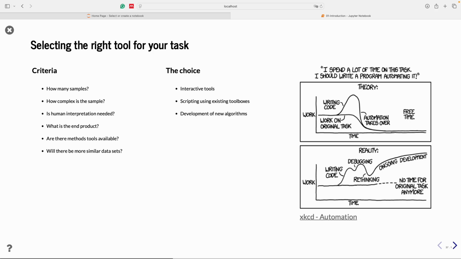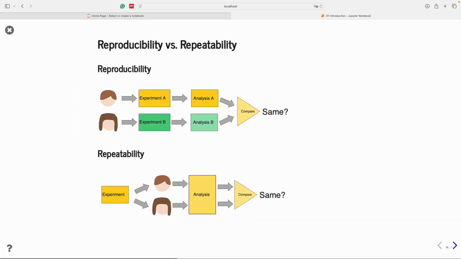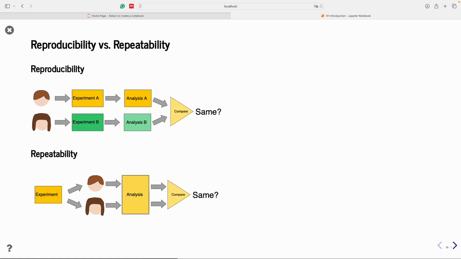So maybe you check once more, did someone else do it, actually? Can I use something at least before you start developing new advanced algorithms? And for this, we want to look into